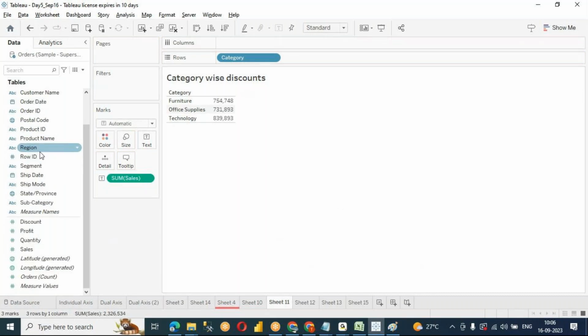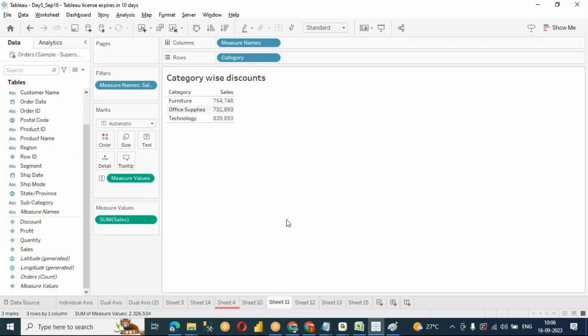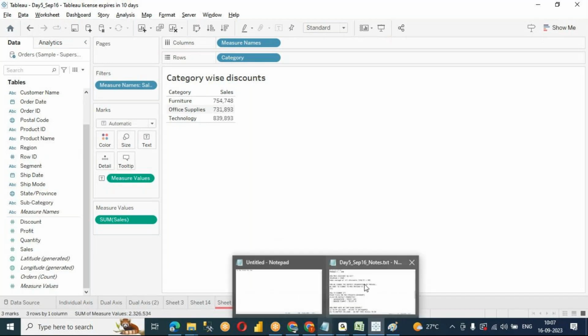Second way, what you can do: take your measure values and put it into this area. See what happens automatically. It is trying to pick that, okay, this is the sales column, so it will do it automatically. I'll put that in the notes section because this is